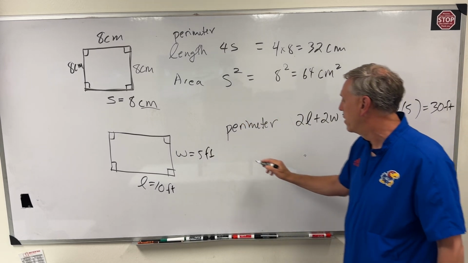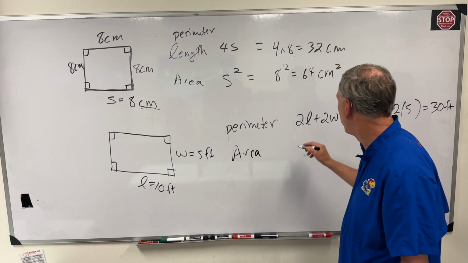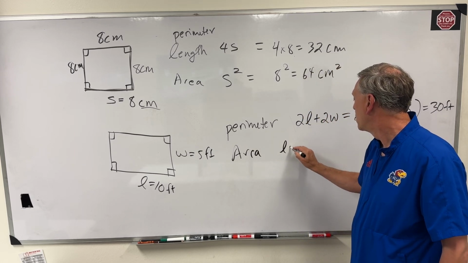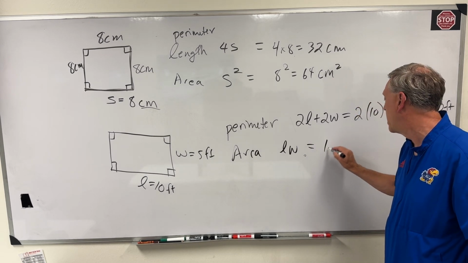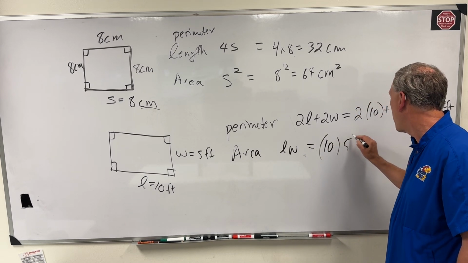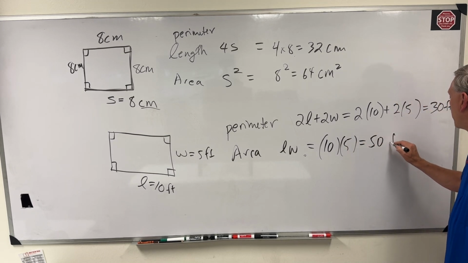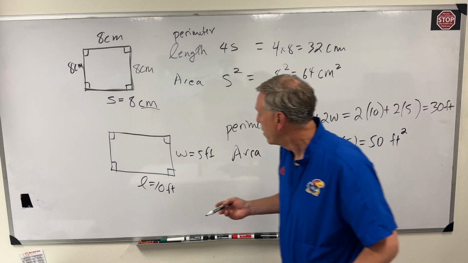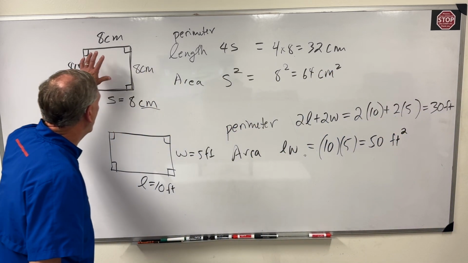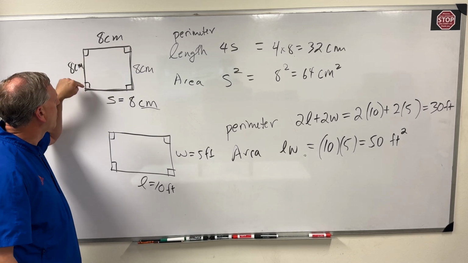But for the area, we would instead have length times width, which in this case is 10 times 5, or 50. But since it's area, it's 50 feet squared. And so for a simple square, the sides are all the same, and right angles at each of these,